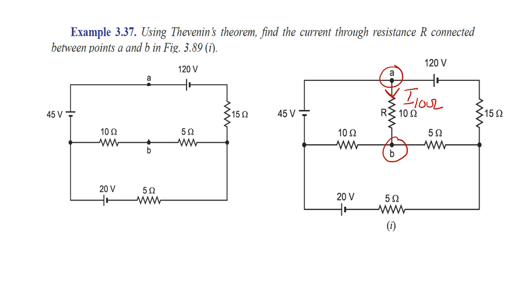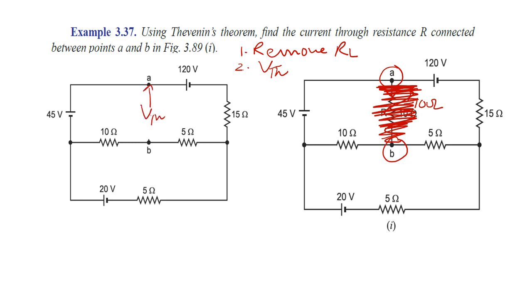Now, when we use the Thevenin theorem, the first step is to remove the load, RL, and make the new circuit. So we have to remove it from here and make this an open. Now you can see the circuit given at the left hand side between A and B. There is nothing, but here you have to find the Thevenin voltage between this open point. So between this and this you have to find the Thevenin voltage